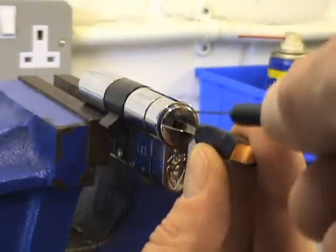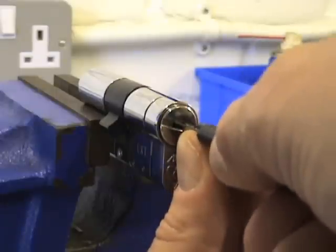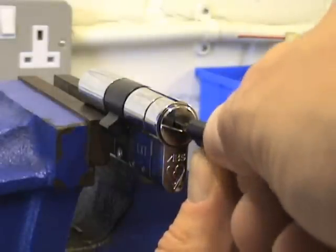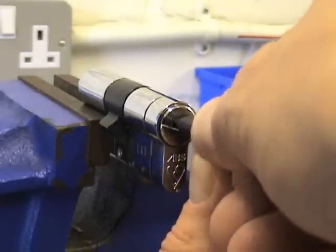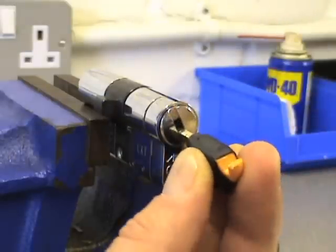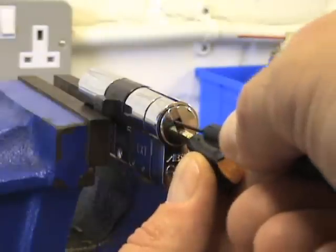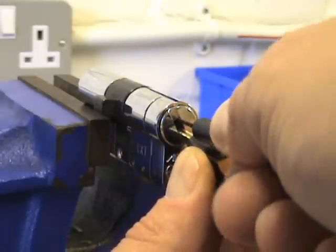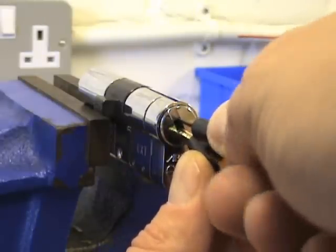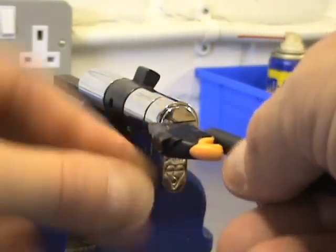Okay, so what I now need to do is just get rid of them trap pins. So all I do is go in, and what we're doing with the trap pins, again, we're depressing the pins. Again, gauging into the trap pins. So I just need to depress them trap pins out of the way, just nice and light. You can see it now starting to